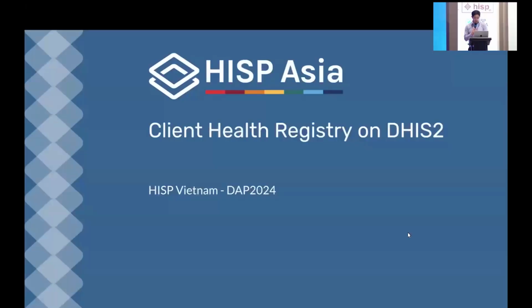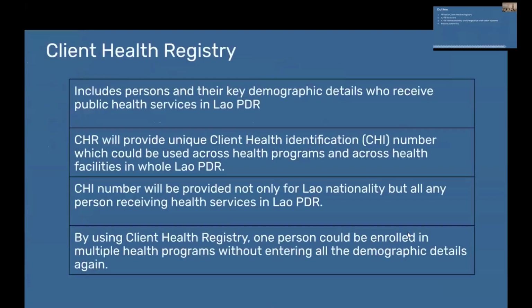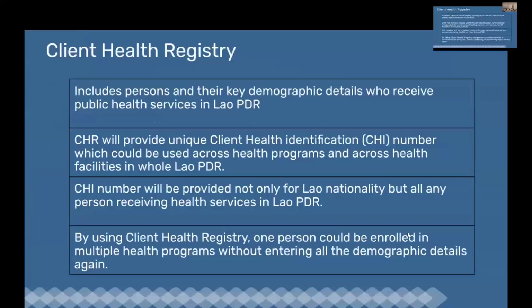Let's go a bit deeper into what it really is and how we are using it now. Okay, so I will start with what the client health registry is in our view. The client health registry for Lao is just a database of the persons and the key demographics in the public health